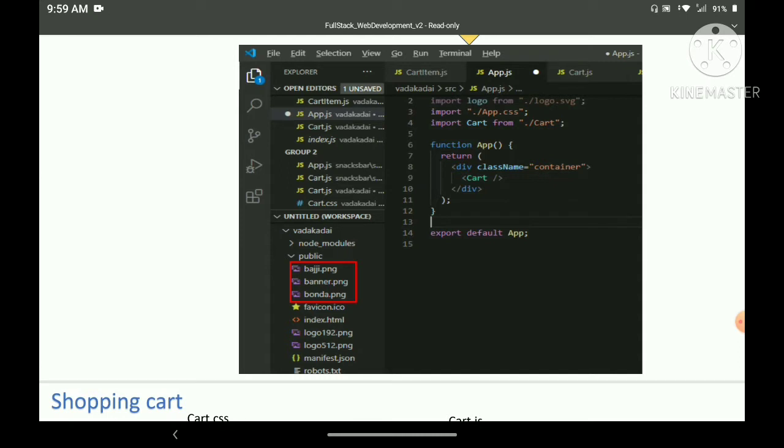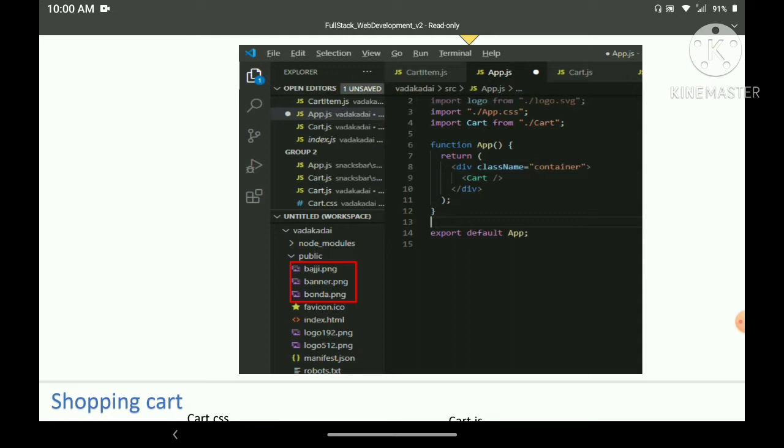Okay, so on the right side that app.js is having import cart from ./cart, right? In line number 4 I am importing the cart.js because I need to render the cart output. And in line number 9 I just utilized that reference name cart.